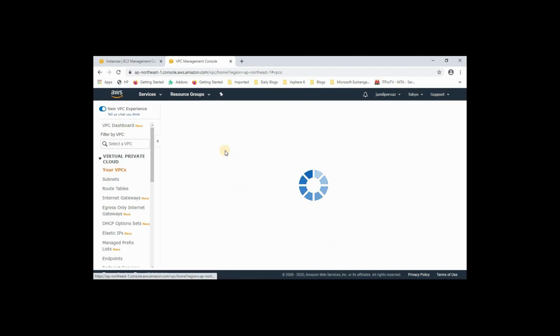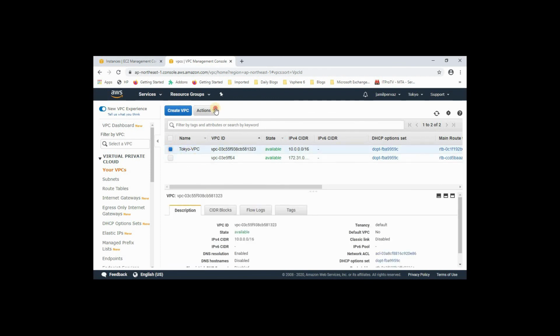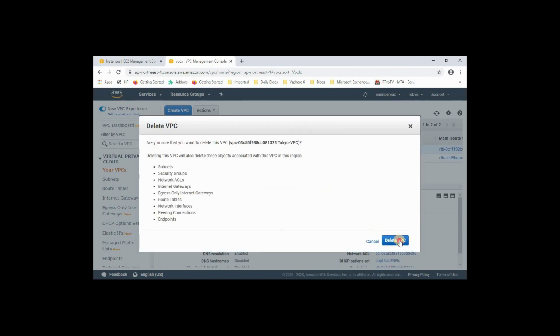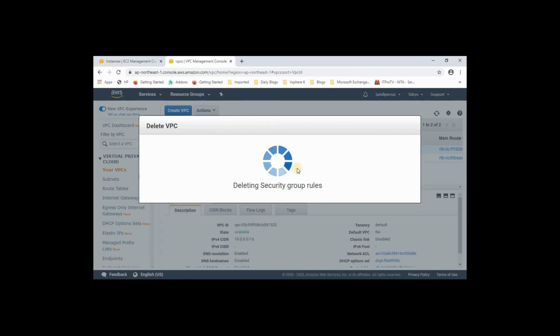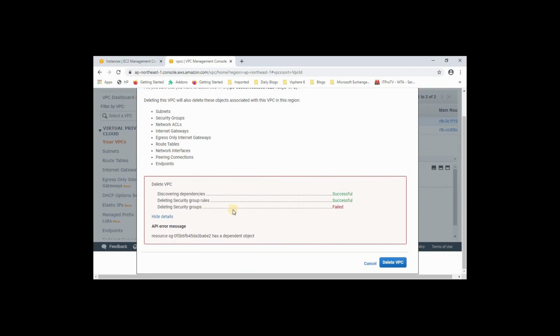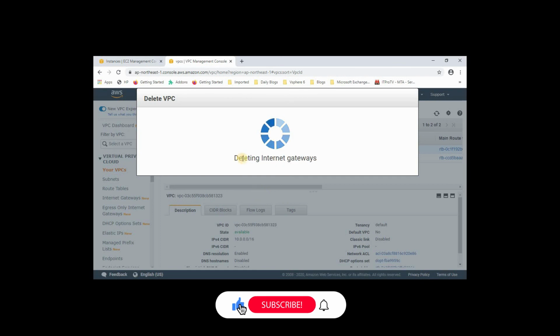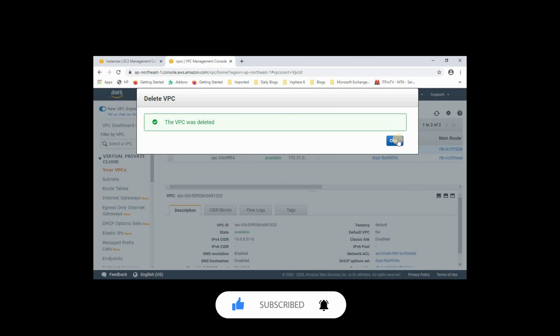Select your VPC. Action menu. Delete VPC. Click delete. So security code failed. Click close.